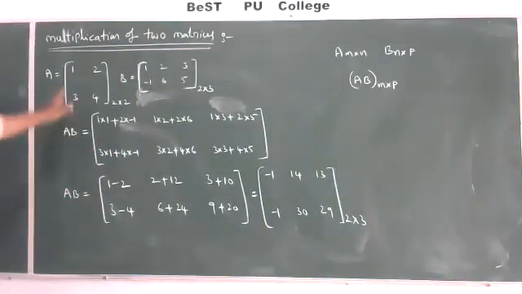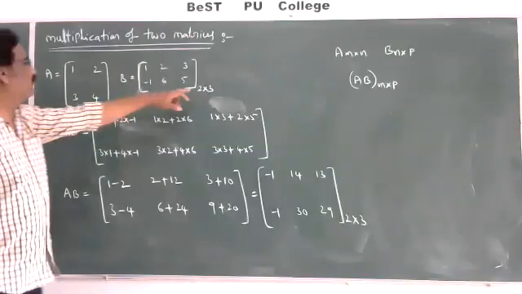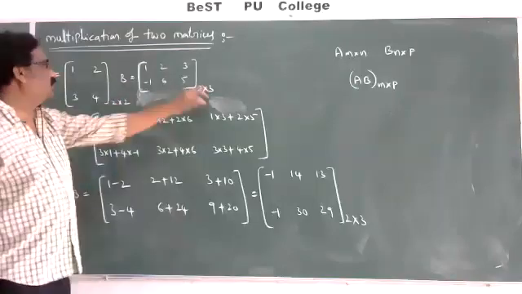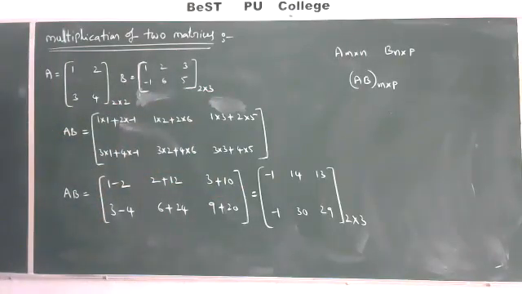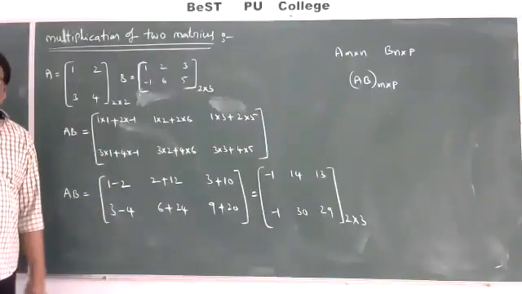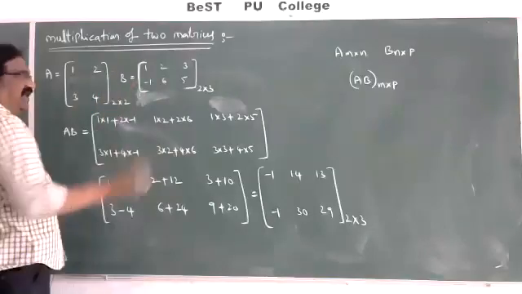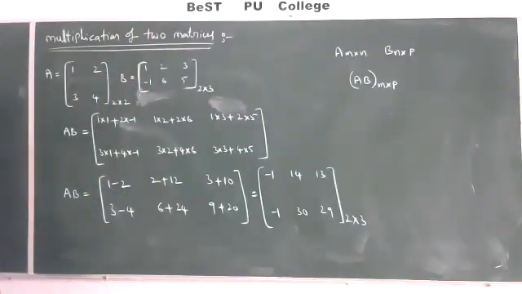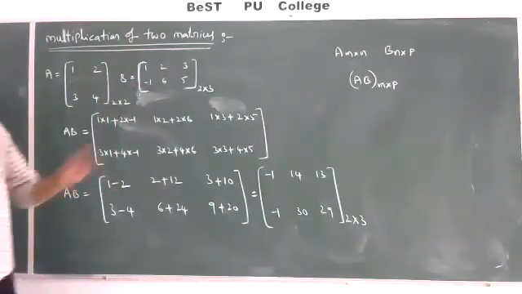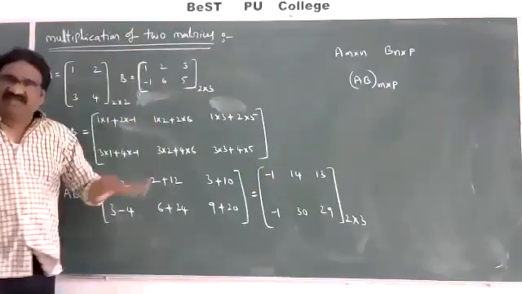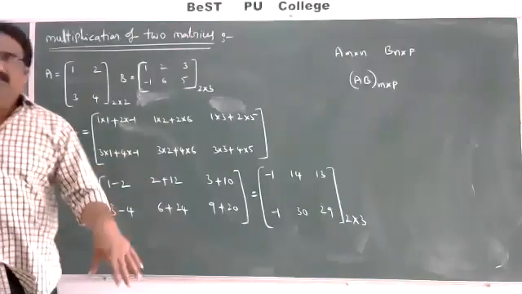Like that here also. This is a 2 by 2 matrix and this is a 2 by 3 matrix. The 2 and 2 cancel, then you get a 2 by 3 matrix. So this is the multiplication. Again, observe this. First verify: we require AB. In A the number of columns and in B the number of rows must be equal. Then AB exists. Then do the problem.